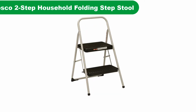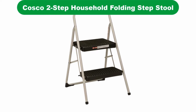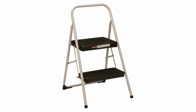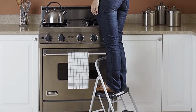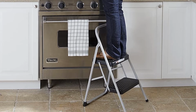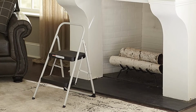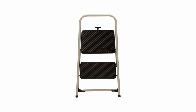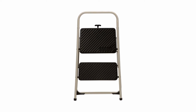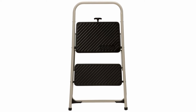Number 5. Last but not the least, our 5th best pick is Cosco 2-Step Household Folding Step Stool. Sturdy yet lightweight, this 2-step model is a popular inexpensive option that has a compact design which folds flat for easy storage. Its steel construction includes continuous rear leg support, with slip-resistant steps and non-marring feet. Rated for up to 225 pounds and with a top step height of 17.5 inches, this step stool is perfect